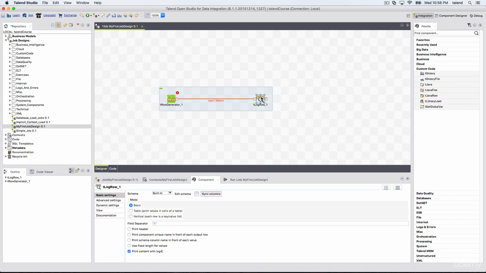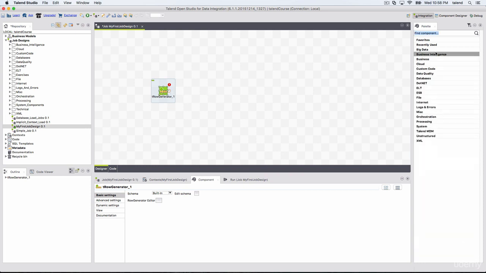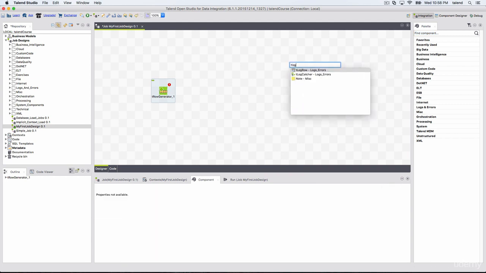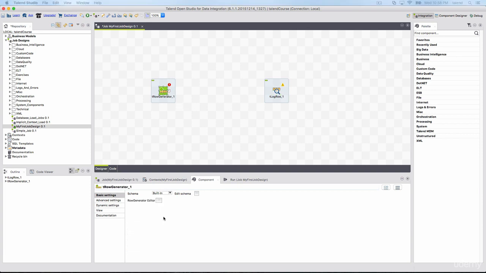Now you can search whatever component you want. But before doing this, let me explain adding the components first. So once we have added different components, what do we do? We cannot just leave them there. We have to configure them. Before configuring, let me link them. Let me connect them. So how do I do that?